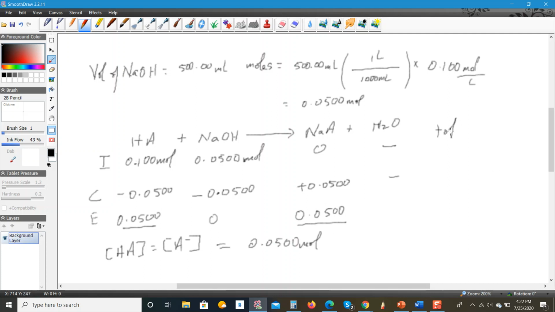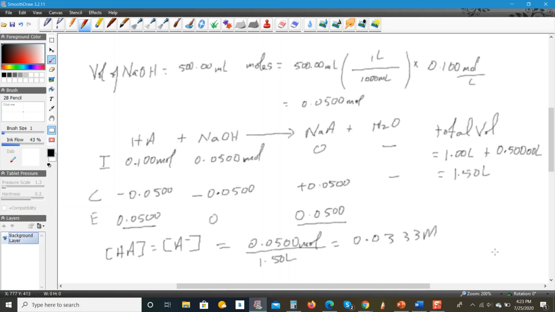The total volume would be equal to the 1.00 liters from the acid plus the 500 mL, which is 0.50000 liters from the base. So this works out to be equal to 1.50 liters. So we're going to divide by 1.50 liters here. And according to my calculation, this works out to be